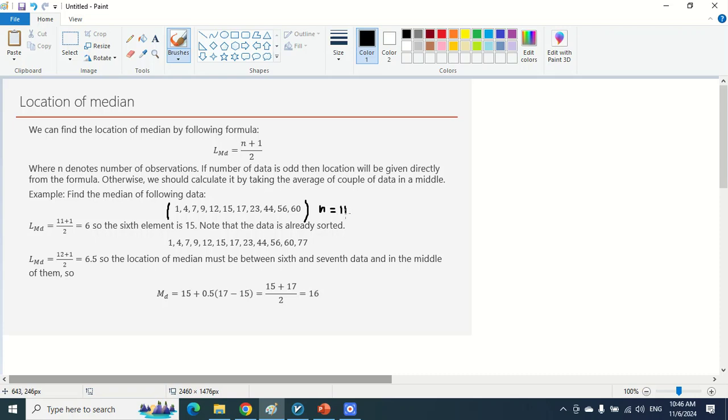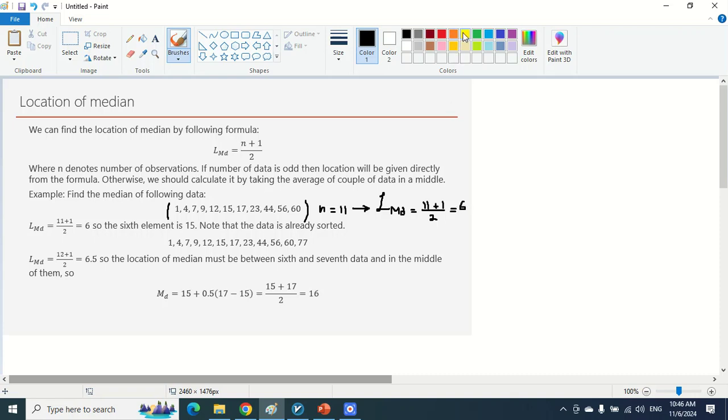So it's important to understand that the data are sorted from the smallest to biggest. If it's not, you should sort them. When the number of elements is 11, first of all we find the location of the median. The location of the median, or LMD, is equal to (n + 1) over 2. N plus 1 means that we have 11, add 1, and divide by 2. 11 plus 1 over 2 is equal to 6,